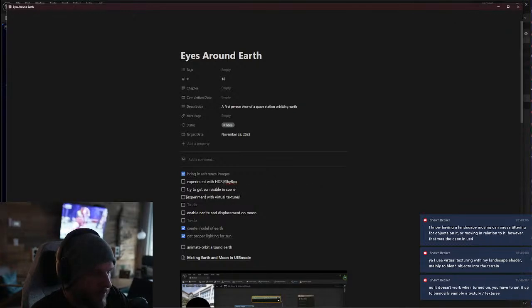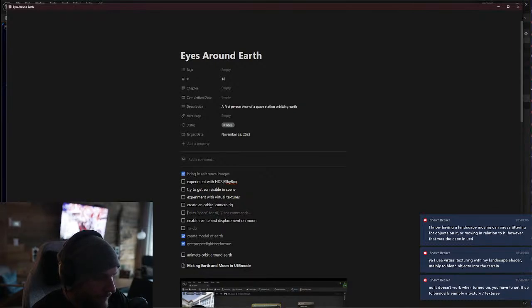Experiment with virtual textures. Okay, so I want to do a couple more things. I want to simulate, create an orbital camera rig. Animate